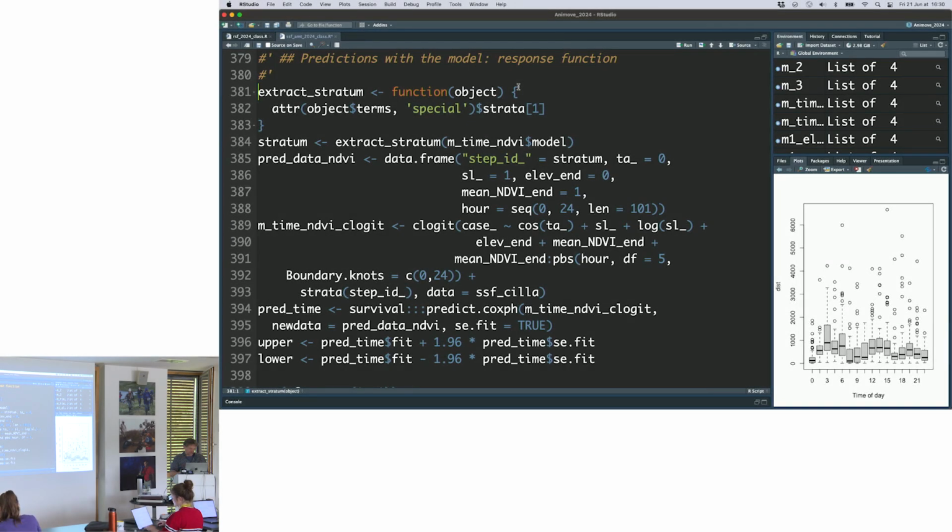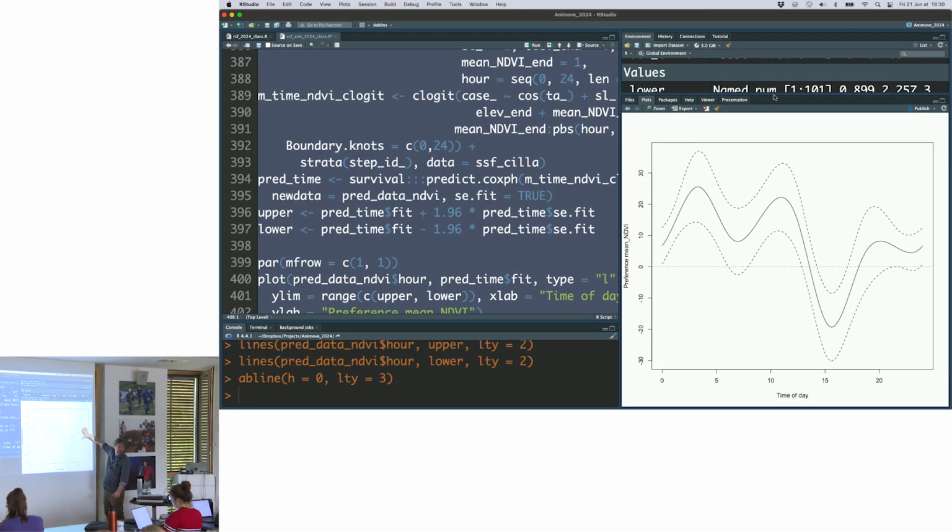And this code, which is a bit ugly, serves to get the confidence intervals for our prediction of the selection of NDVI as a function of time. So I just run this so that we can see, because you see that the confidence intervals are rather wide, so I really urge you to add them here, because otherwise this always looks super funky, but is